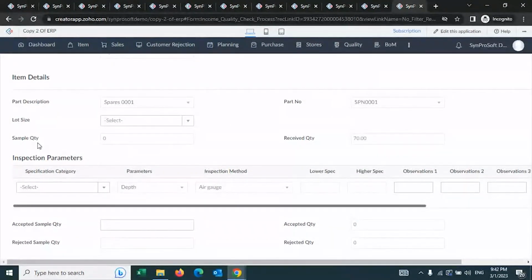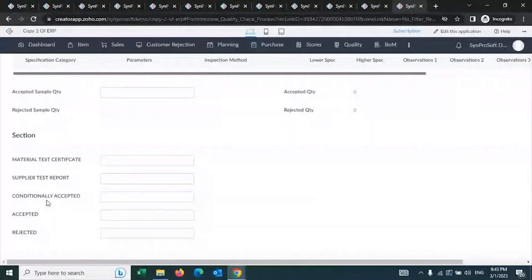Now, certain items will be checked one-on-one, which means if I buy 10 items, I will check all 10. That is possible. If I buy 1,000, I may not want to check all 1,000. I may take a sample of 10% of 1,000, which is 100, and check those 100. Or 1% of 1,000 can be my sample quantity. At the end of the quality check, you will update the accepted quantity, the rejected quantity, the sample quantity I took, and how many of that I approved. Proportionately, the system will also check whether it meets the requirement and then take it to approval.